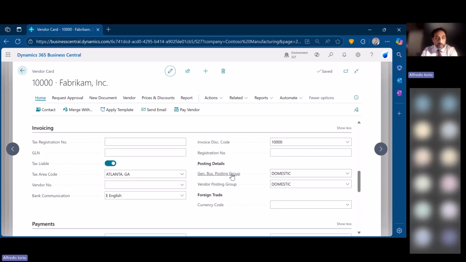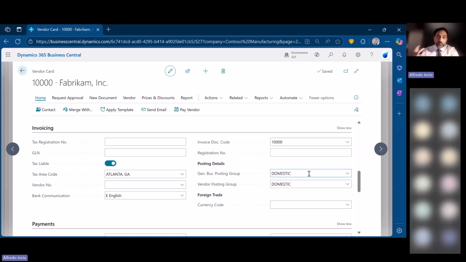We find the same general business posting group. So this is a critical and essential element of the general ledger architecture, so to speak, in Business Central,